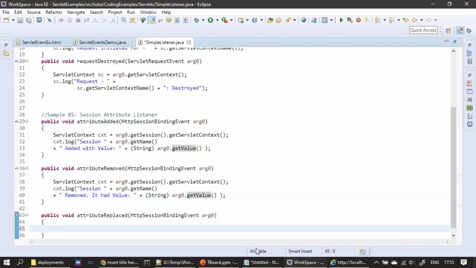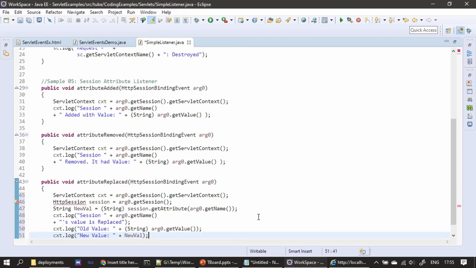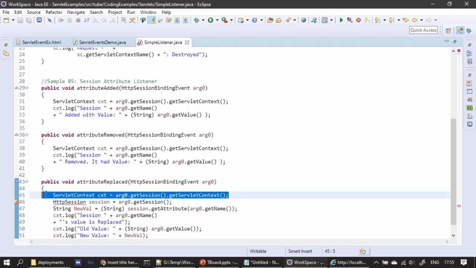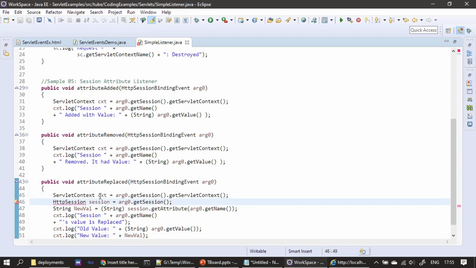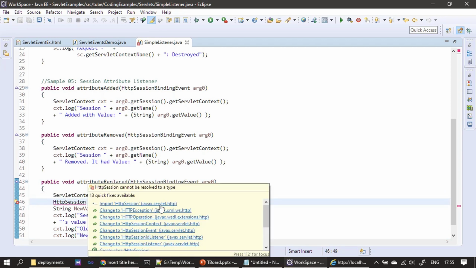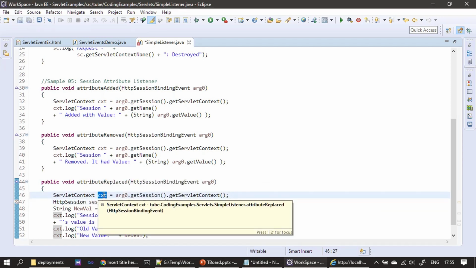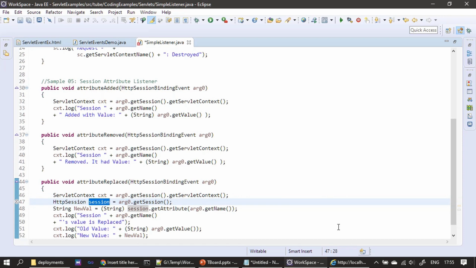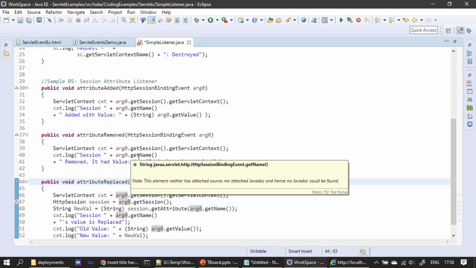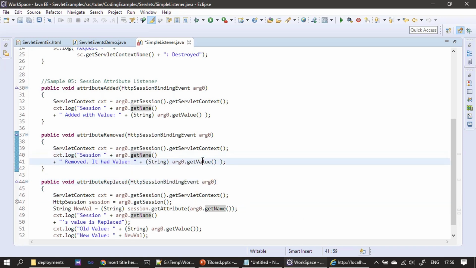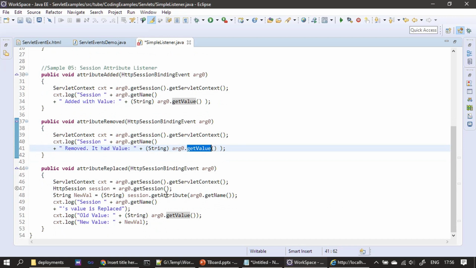Next we want to log the replaced. So it's a bit tricky. Here we need to say what is the old value and what is the new value. So first we get the servlet context, then we get the session also. We will import it. So context is ready, this is for logging. Session is to know the current value, because here argument 0, if you make a call to get name and get value, if you see here,